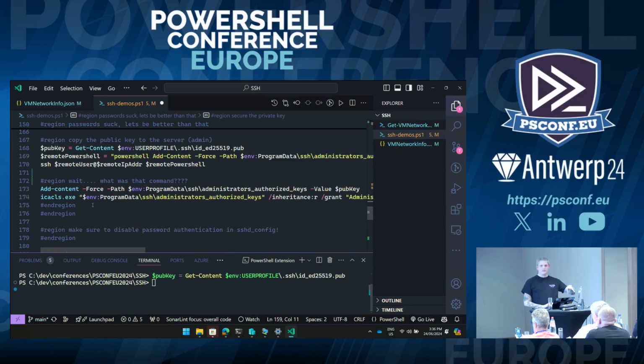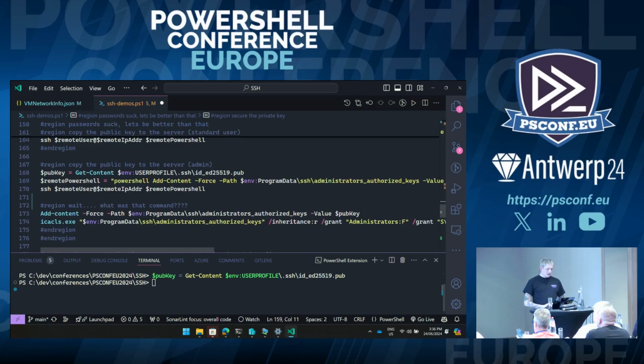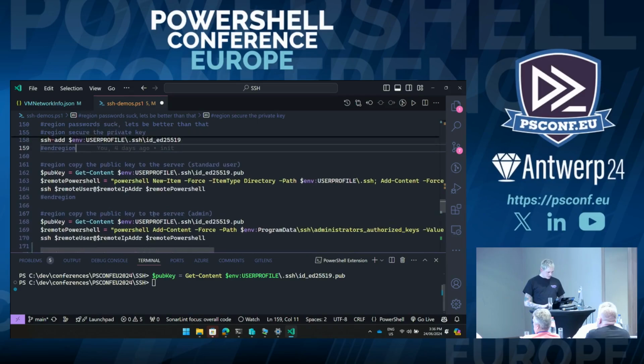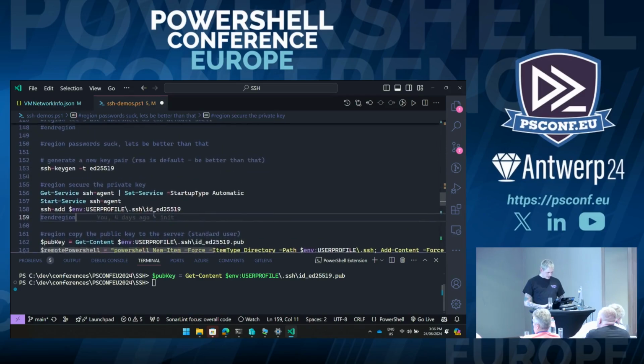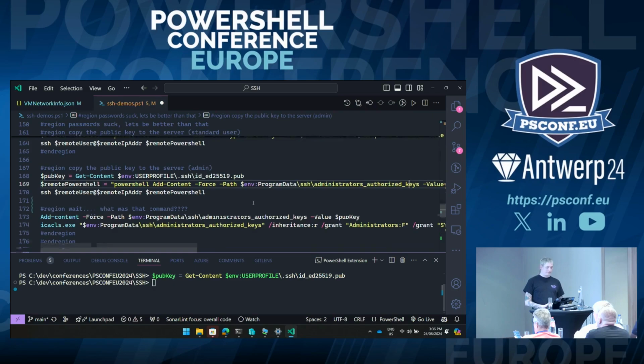What I did there essentially works the same in a Windows and Linux environment. Deploying the key is very similar. Let's have a look. I don't think I have it for Linux, but it goes to the same basic location. So this administrator's authorized keys file is available on Linux and Mac as well. Obviously the path is a little different.